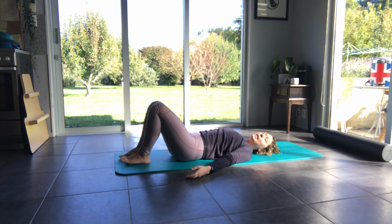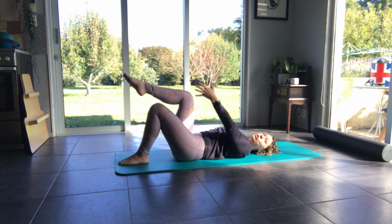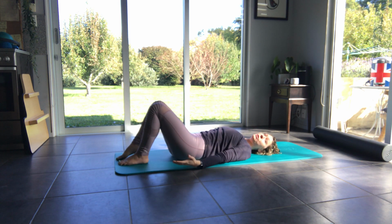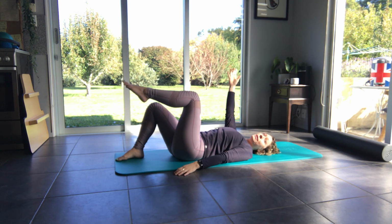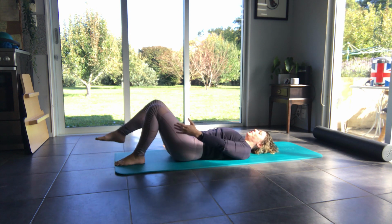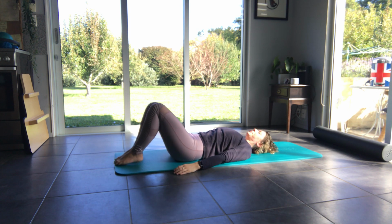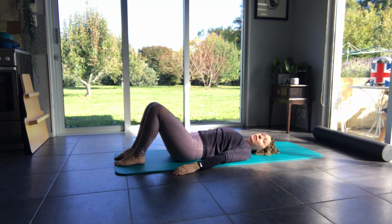We're going to find our next inhale with one leg floating up to tabletop. At the same time, float your other arm up in front of you, just where you were with the roller. We'll lower those limbs back down to the ground, and then we take it on the other side. Inhale, tabletop with arm arc. Exhale, release. I almost want you to feel here that you have helium in your limbs, and that it doesn't take you any effort to lift off of the ground. Breath in, breath out. Breath in,